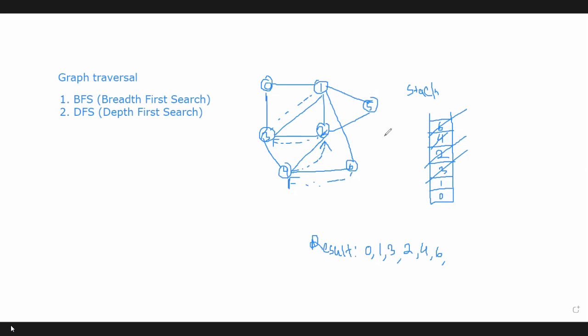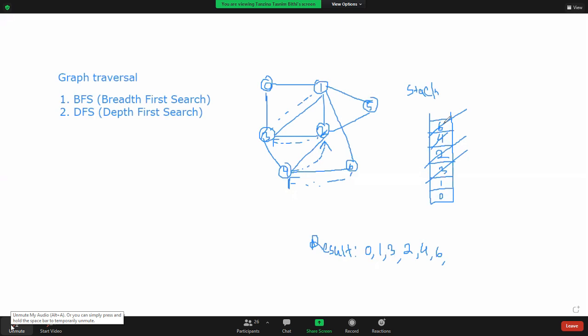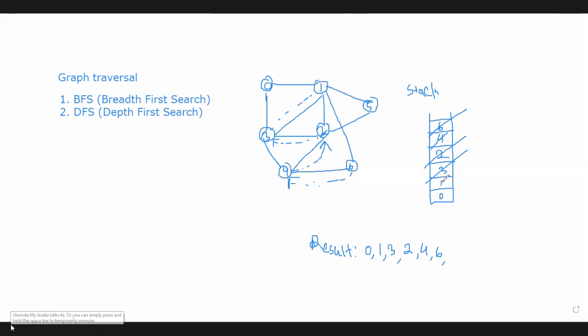Okay, so there are 2 ways. One is at this point you can take that node 5. So what is another way? Again, look at the top of the stack. Suppose now we didn't delete any nodes. At first we want to delete 6 and then we'll go backward to which node? To the node 4. 6 to 4. And for 4 all the nodes are visited. Then we can pop that node from the